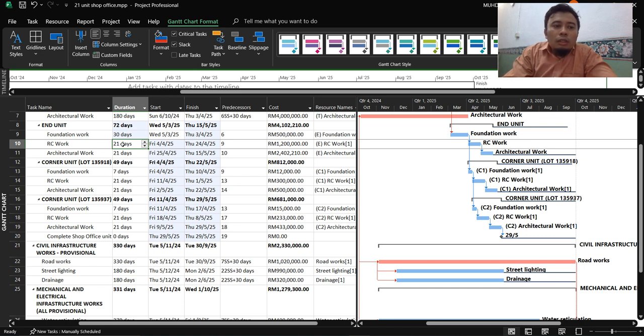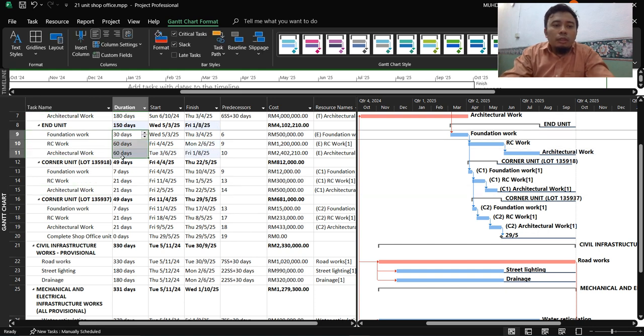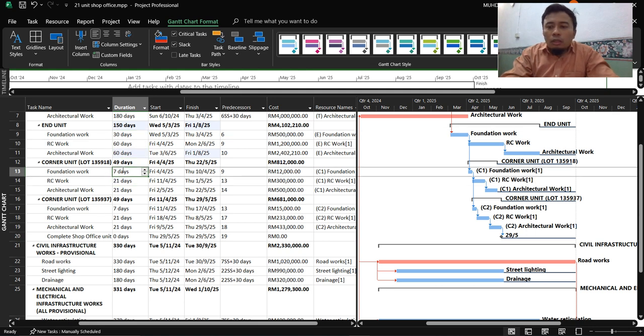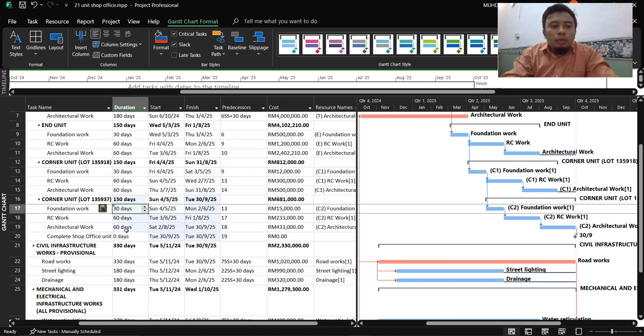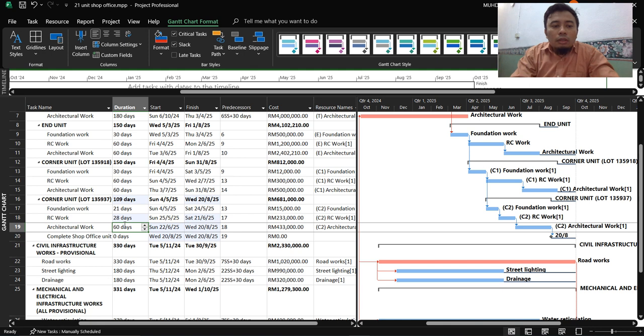And then you can continue doing this. Let's say increase it to 60, and then we're going to copy it. Let's see if it allows you to do this here, because you don't want to affect your finish date. So here you're really at the end of the project. What you want to do, maybe, is reduce it to 21 days, 3 weeks, and then this is 4 weeks, and this is